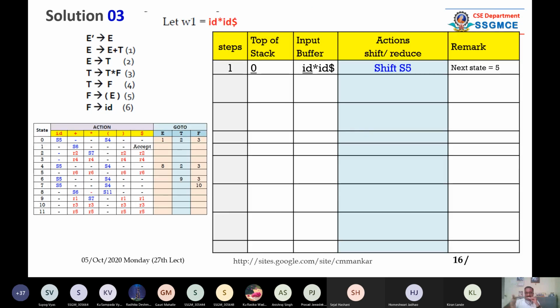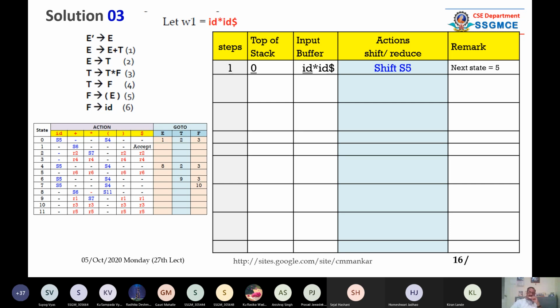So this is the initial state. As I told you, 0 is the initial state, so that 0 will be on the top of the stack. Actually dollar is at the bottom of the stack, and 0 is above it. So recall the diagram of the input buffer, stack, and parsing algorithm, go to, and all that, the pointer and everything. Now the input buffer contains this string ID, star, ID, dollar. ID is underlined, which means your pointer is pointing to the first symbol in the token.